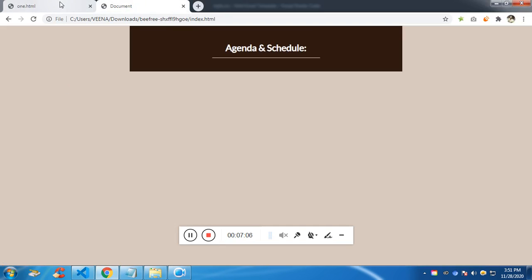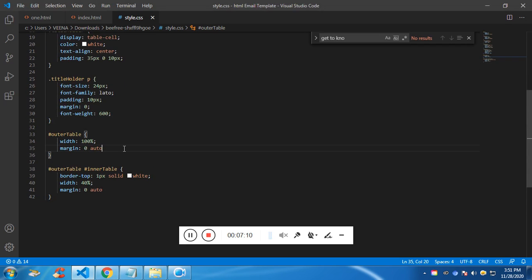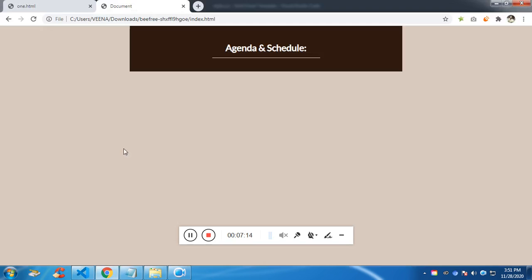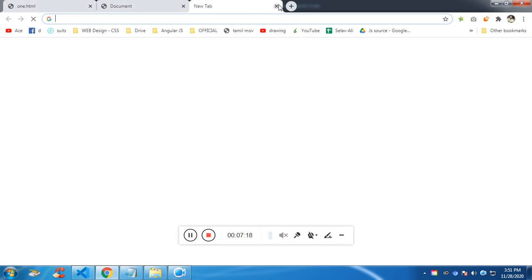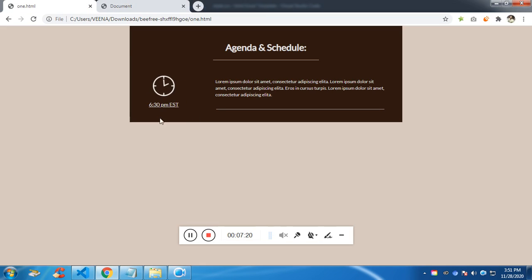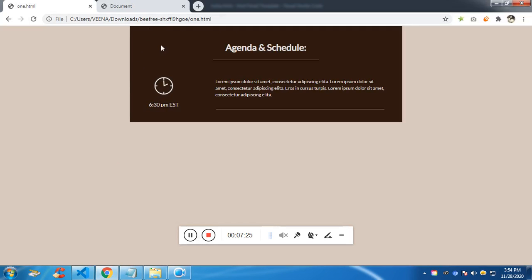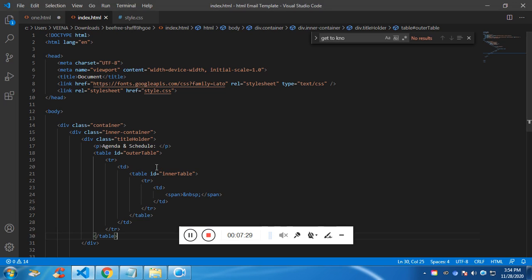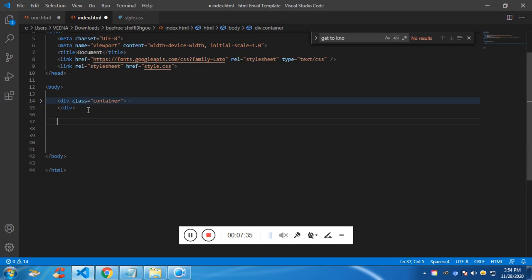Fine. It's somewhat close. Now if you wish to add padding to the outer table, top and bottom 10 pixel, left and right 0 pixel. We are so close. Now let's work on this. And now if you look at here, again we'll use the same thing. This time we'll close this one. We'll name it as